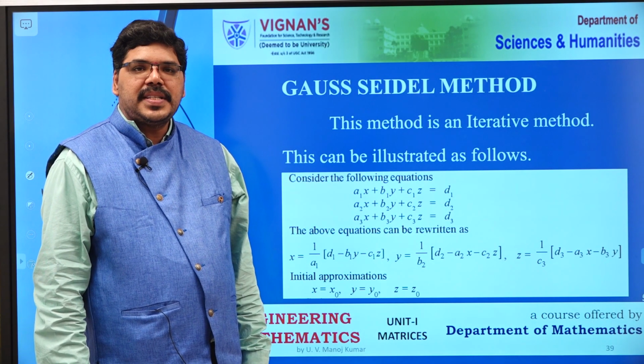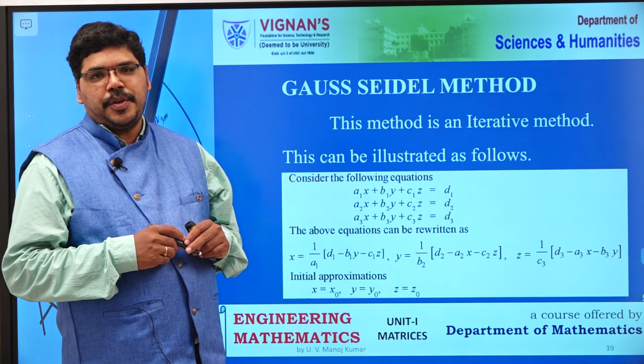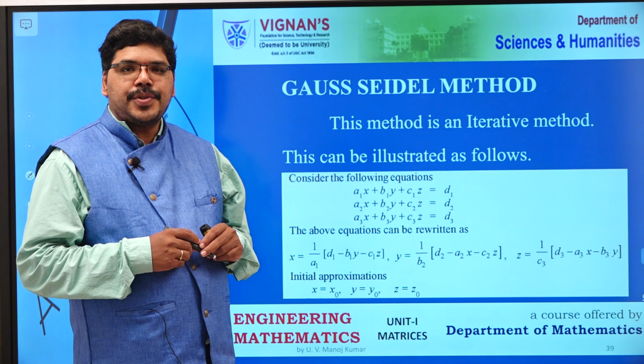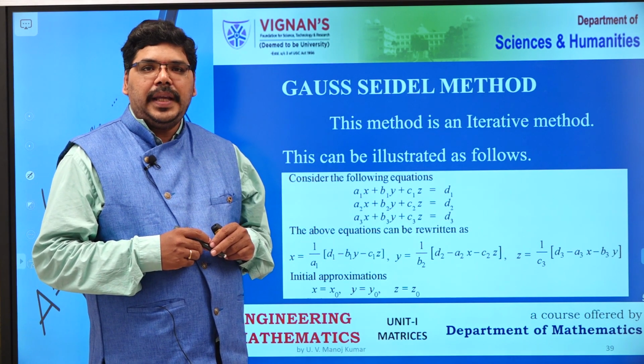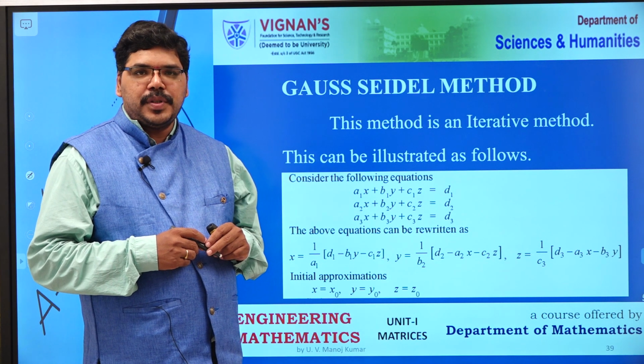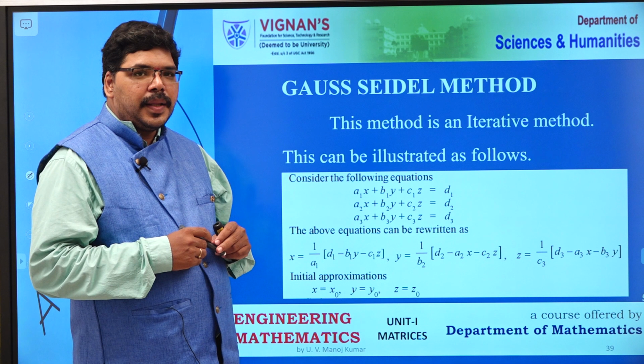Now we will see the Gauss-Seidel method. The Gauss-Seidel method is a numerical method used to solve a system of linear equations. Here we find the values of the variables through iterations. On the board you can see